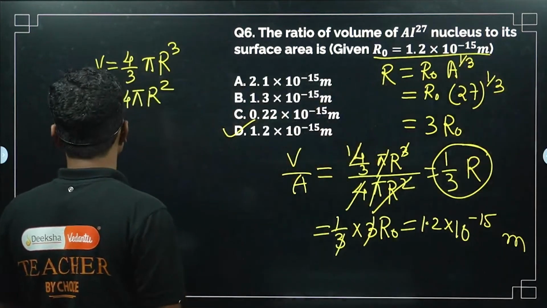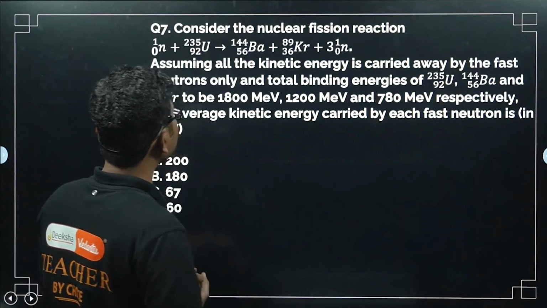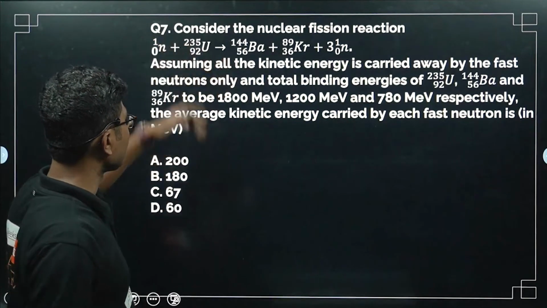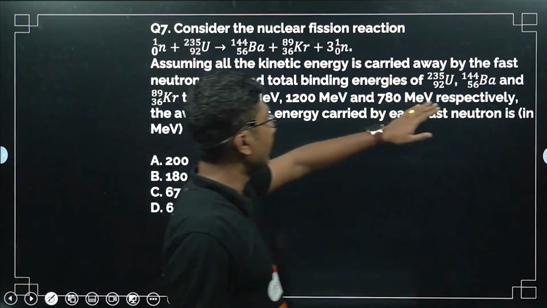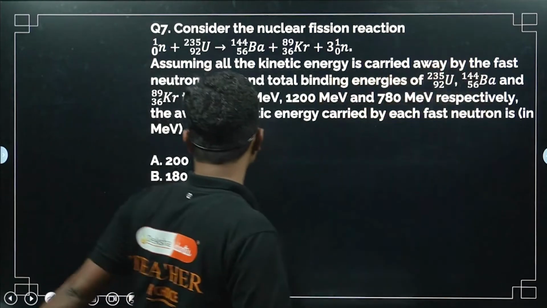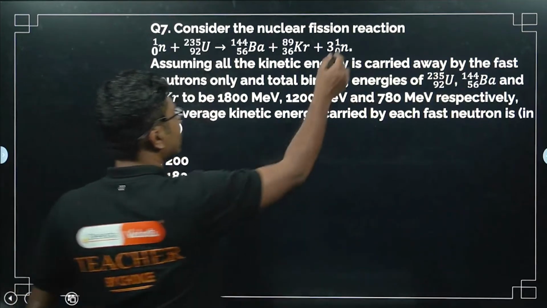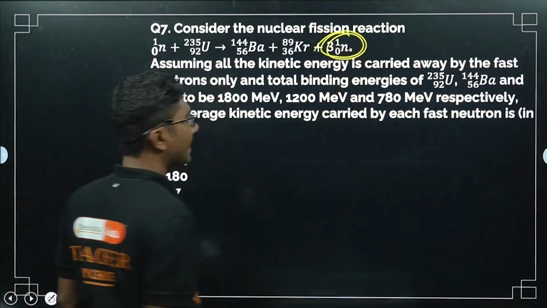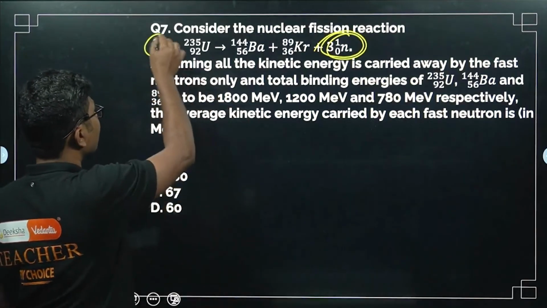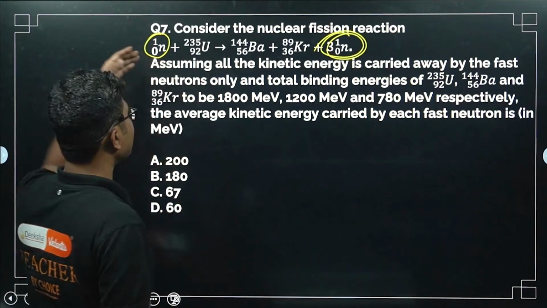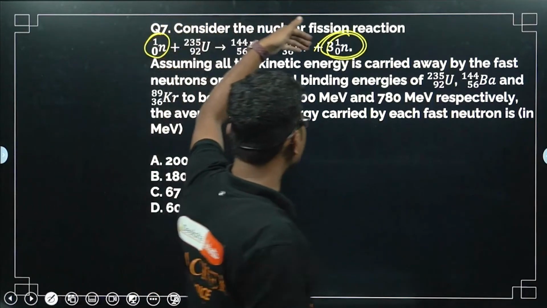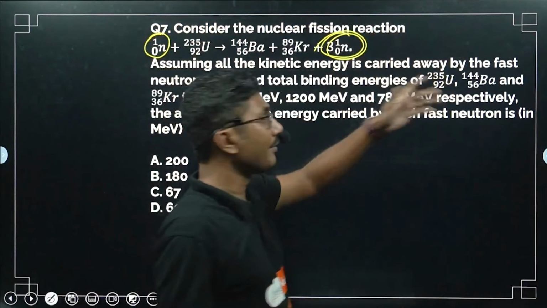Okay, next question, question number 7. Consider the nuclear fission reaction. The reaction was given, and energies are given, assuming that the kinetic energy is carried away by the fast neutrons only. This is a slow neutron. It has almost zero kinetic energy. So when this is colliding with this uranium, this reaction is happening,